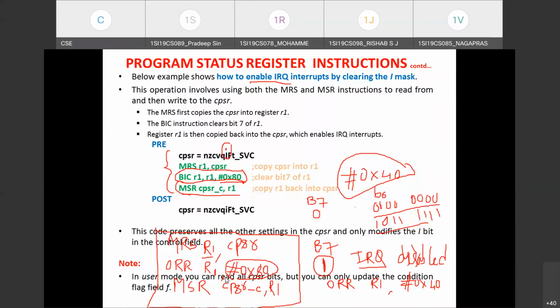Then another category of instruction we discussed was branch instructions, and what all branch instructions are supported. Then load store instructions, 3 types: single register transfer, multiple register transfer, and swap instruction. The next category we discussed was SWI, the software interrupt instruction.